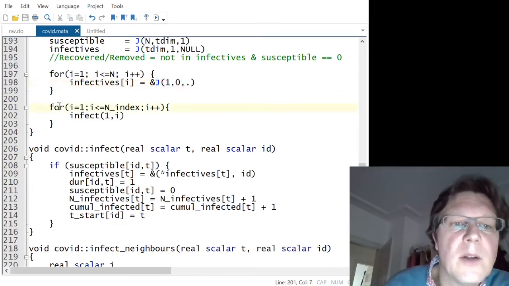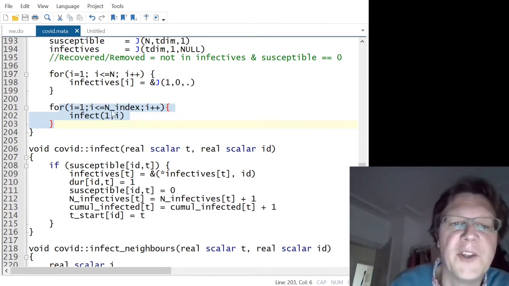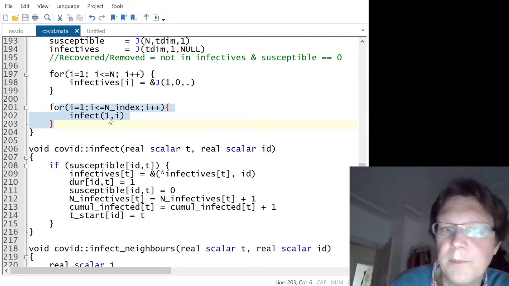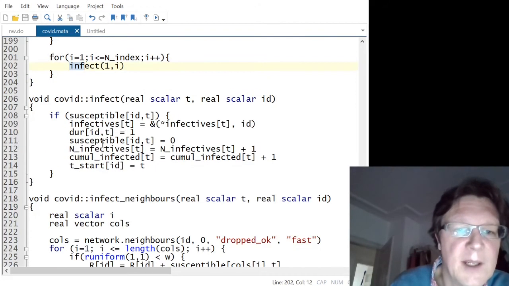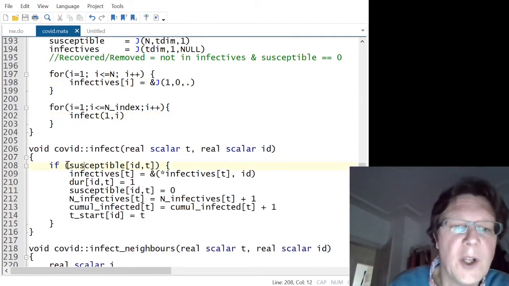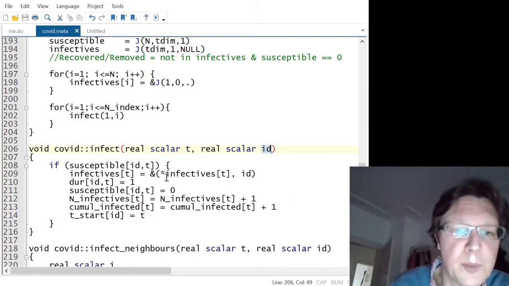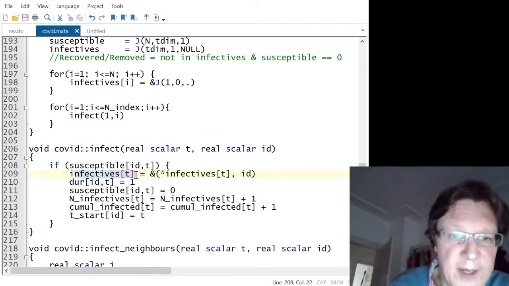And then, for the first number of index patients, that was one of the settings, we infect them. There's a function called infect. And here we have that infect function, and all it does is say, if you're susceptible, you're given a time and an ID. If that person is susceptible, then you set infectives at time t,